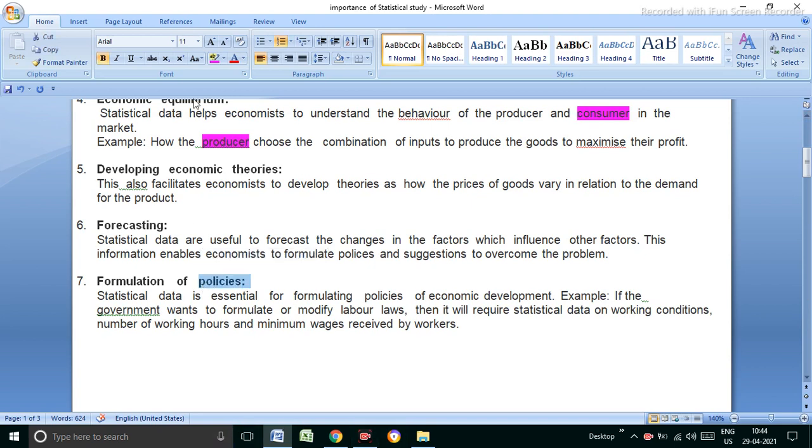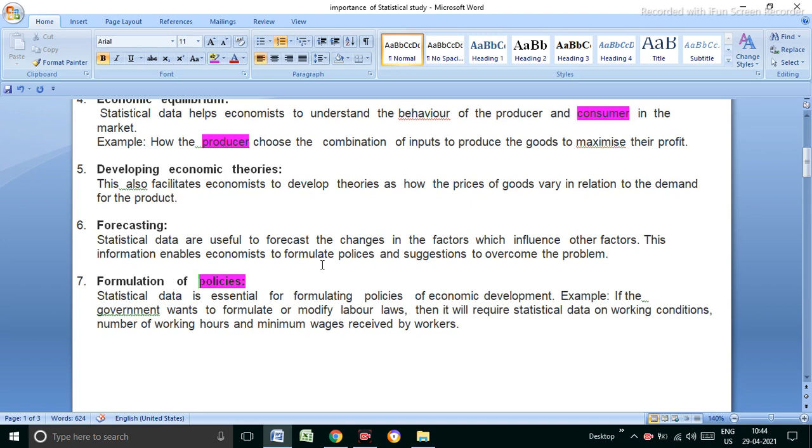Which type of policies? Related to agriculture policies, finance policies, the finance minister also, the Indian government also launches various types of schemes from time to time for BPL families and other families also. All these policies are formulated only on the basis of statistics. Like, I think two or three days before, Dushyant Chautala again announced that for BPL families, 5 kg of wheat would be provided free of cost.